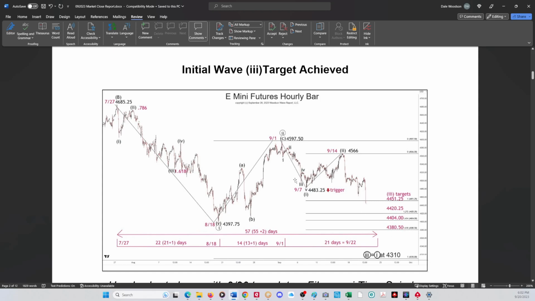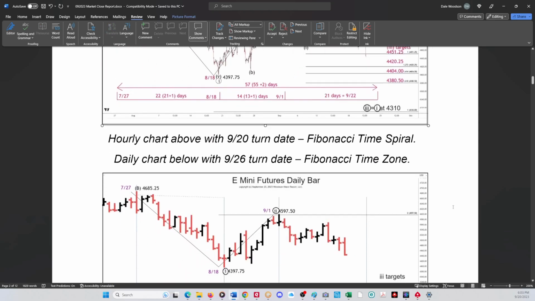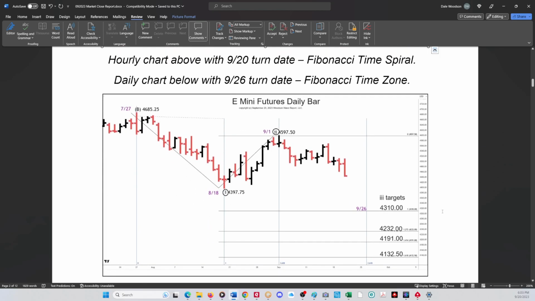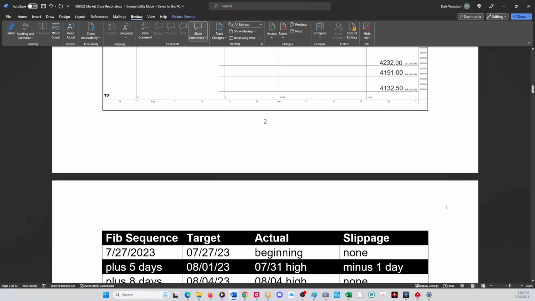At the larger degree of trend, we've got this 1 down with a circle around it from the July 27th high to the August 18 low. We've got a 2 up on September 1st. Wave 3 equals 1 at 43.10. Okay, and this shows us the daily bar with that time zone. You can see we've got that extrapolated out further. That 3 should have a circle around it, but we're looking at 43.10, 42.32, 41.91, 41.32, and that's it for